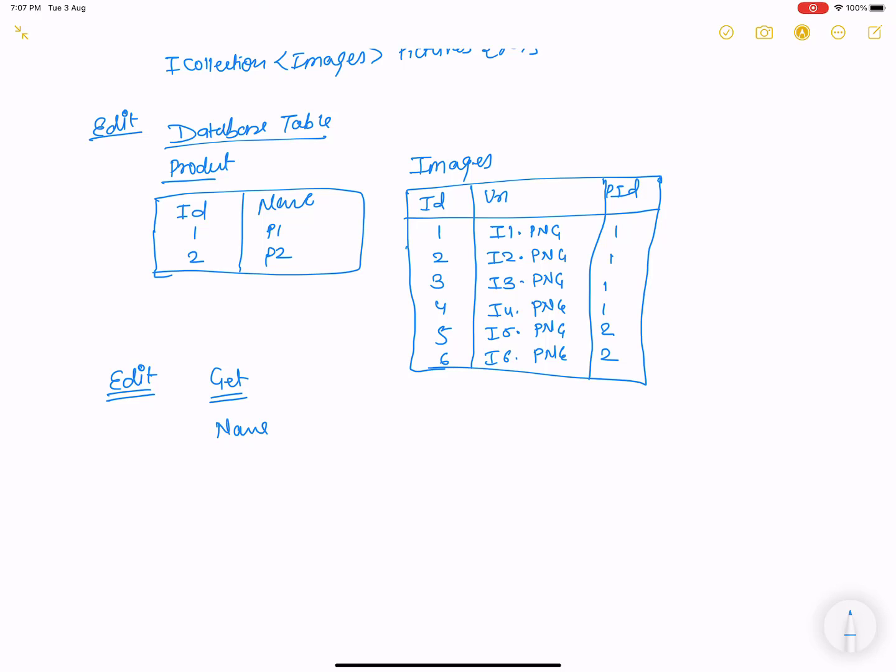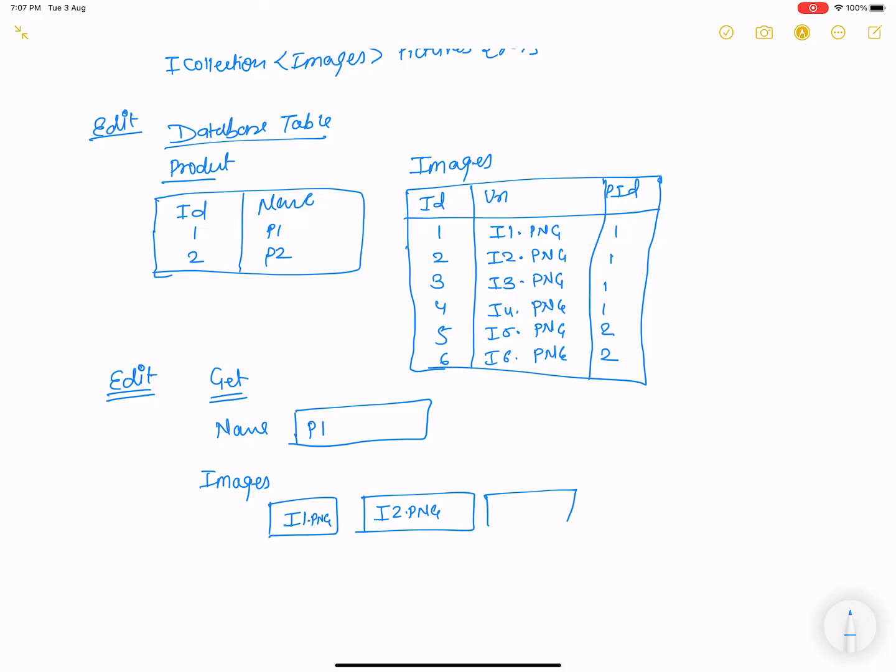So in the GET section of the edit, you get a name field, we have P1 and its respective images with their names i1.png, i2.png, i3.png, i4.png. There are four images.